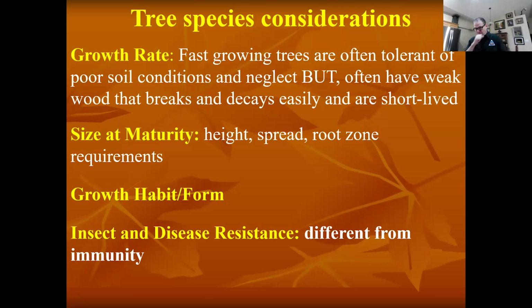And then whether or not some trees like elms get a disease called Dutch elm disease that can be fatal to it. And they have new varieties now that are very resistant to that. Make sure if you want an elm tree, you buy those. Just realize that resistance is not immunity. They can still get it, but it usually won't kill them. They may lose a branch or two, or depending on what the tree species is and the disease or insect, it may look bad for a couple months, but it pulls out of it. But again, resistance is not immunity.